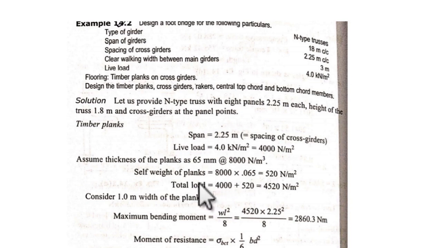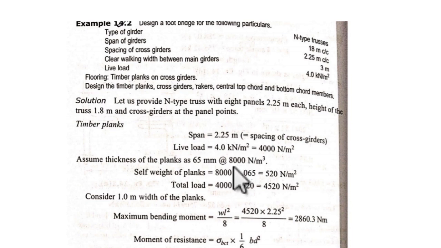Now what will be the self weight of the plank? Self weight of the plank will be density times thickness, in terms of Newton per meter square. We are calculating the dead load due to self weight of the timber plank. While designing any structure, we consider the live load and the dead load. The dead load is the weight of the structure itself, and the live load is whatever load is coming on it. These two combined give you the total load for which the structure has to be designed. So here we know the live load, we do not know the dead load of